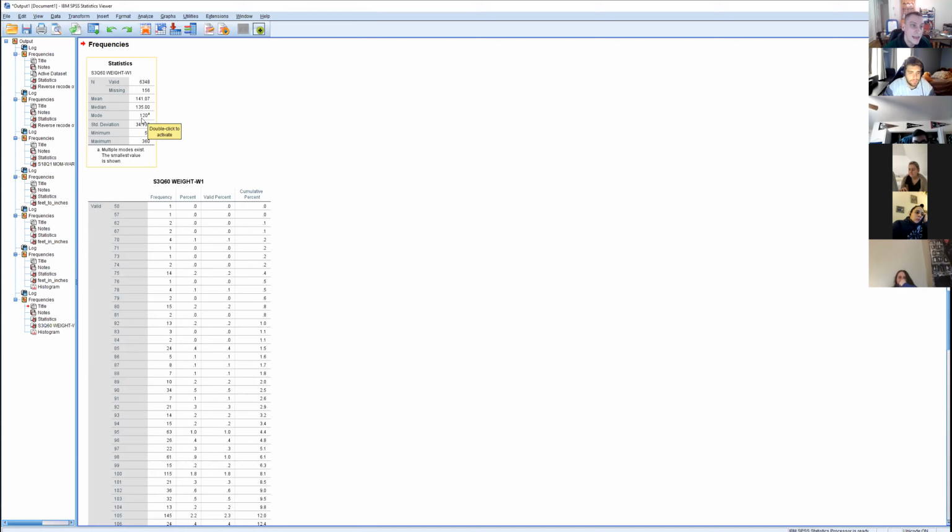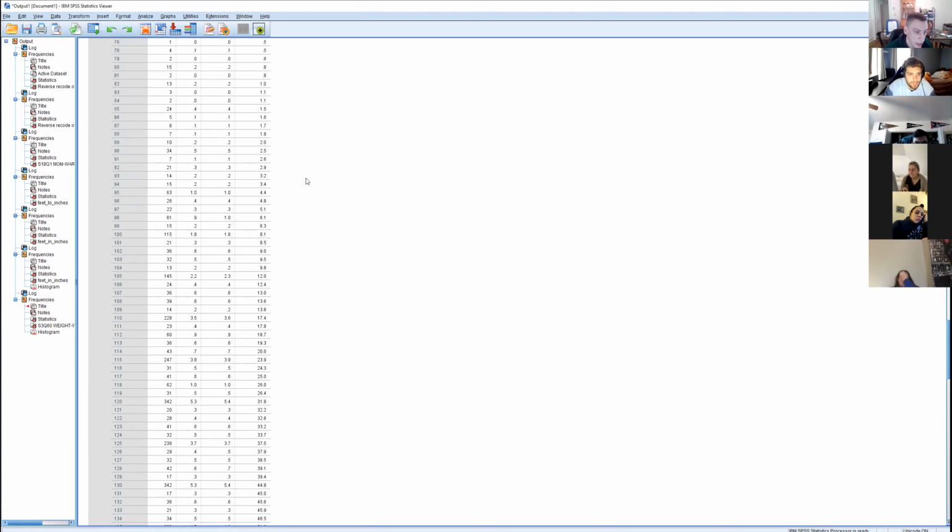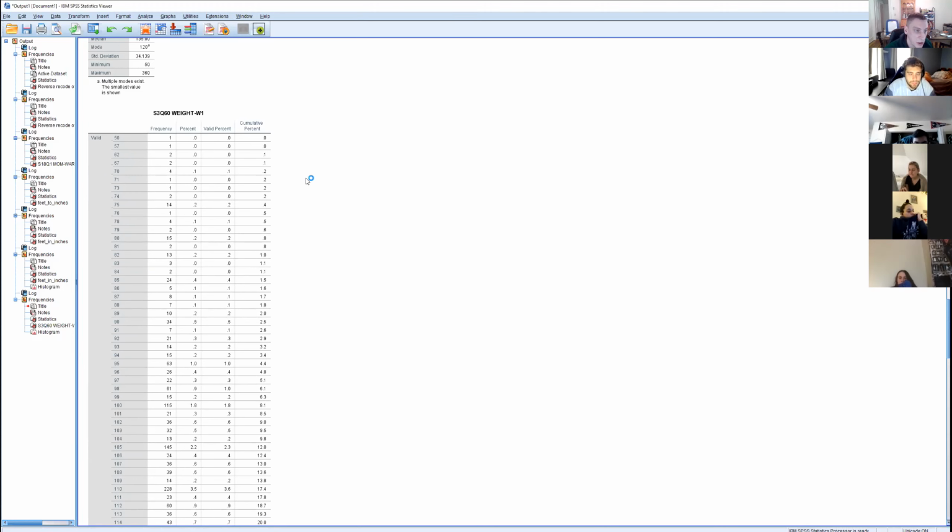That little A next to it shows there are multiple modes. So there must be some weight that's matched in the number of responses. 120 is one of them, and there must be another weight that more than one person had the exact same weight. You could look through there and find which one has the same number of people who gave 120 as their answer. But anyway, this is weight, and we can go down here and look at weight,